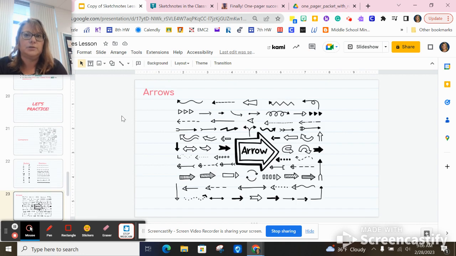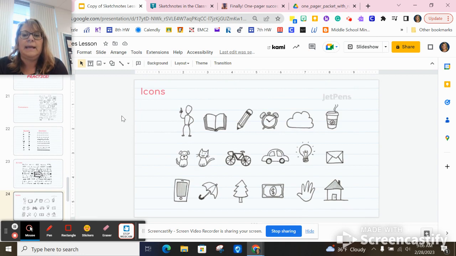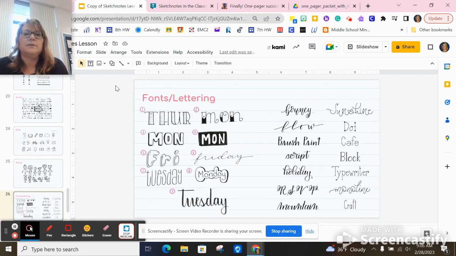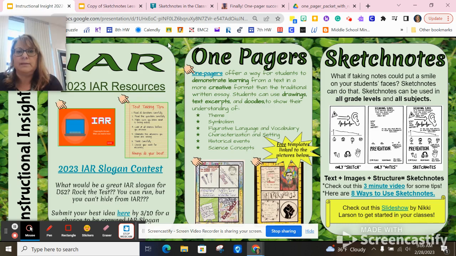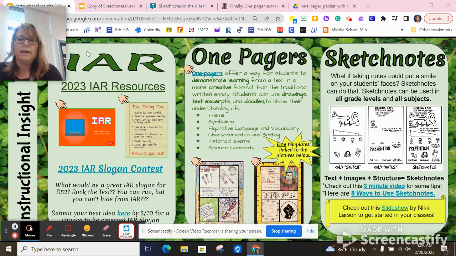Arrows are great in sketch notes to connect ideas and get students thinking about how things are connected. Sketch notes are a great way to have students follow along if you're doing a read aloud, a novel in class, watching a video, or just reading an article about something. It gives students a chance to be creative in the way that they are taking notes and add some